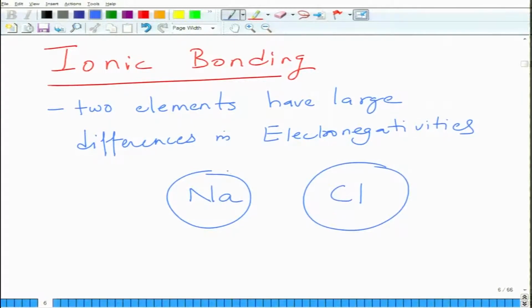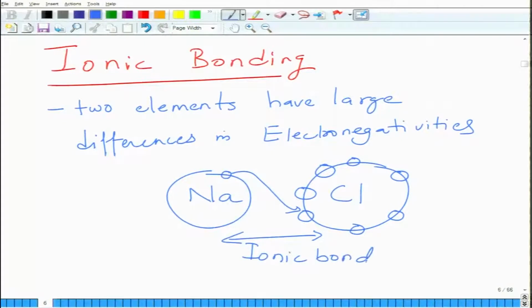Sodium has one extra electron in its outer shell, okay. Chlorine has 7, and to complete its 8 electrons, it borrows 1 electron from this side. So that sodium becomes stable, chlorine becomes stable, and the bond formed between the two of them is called an